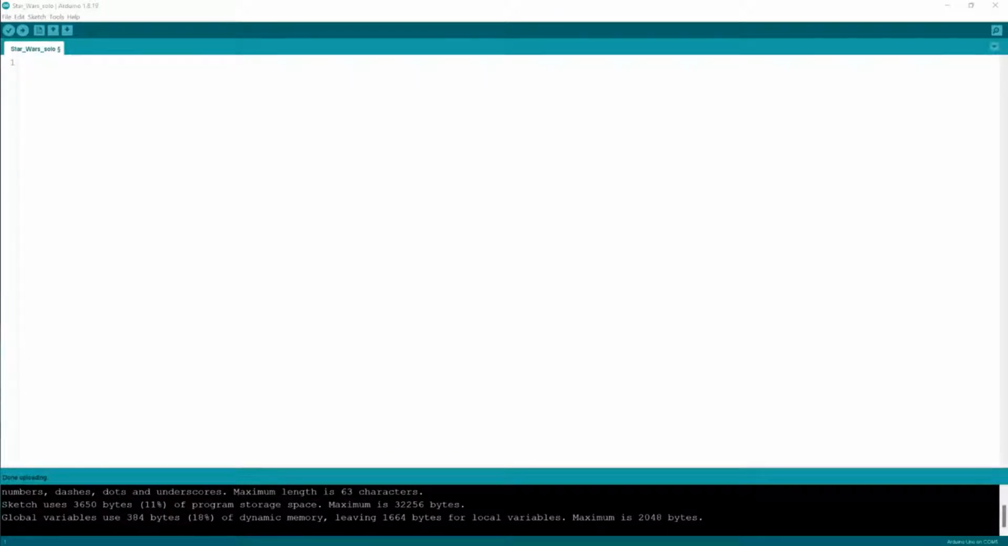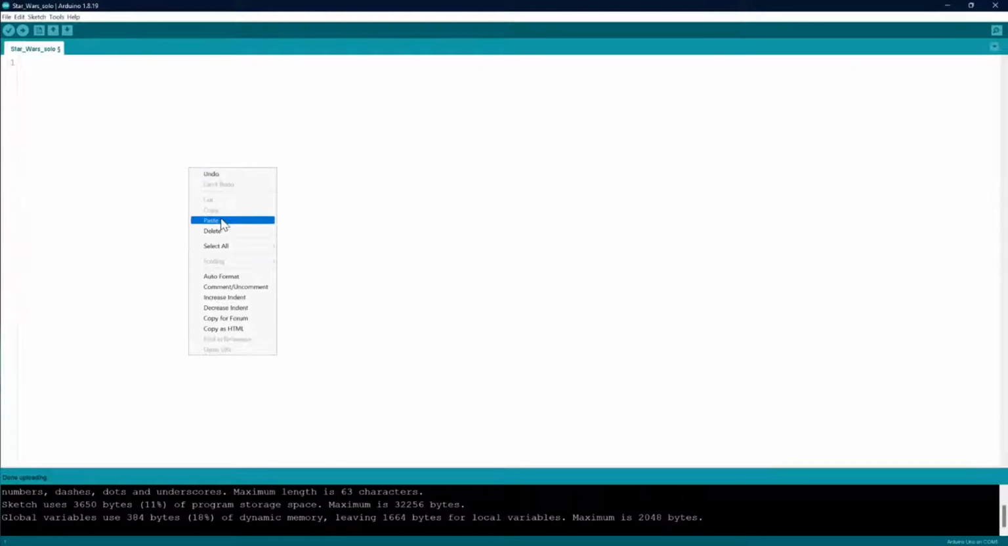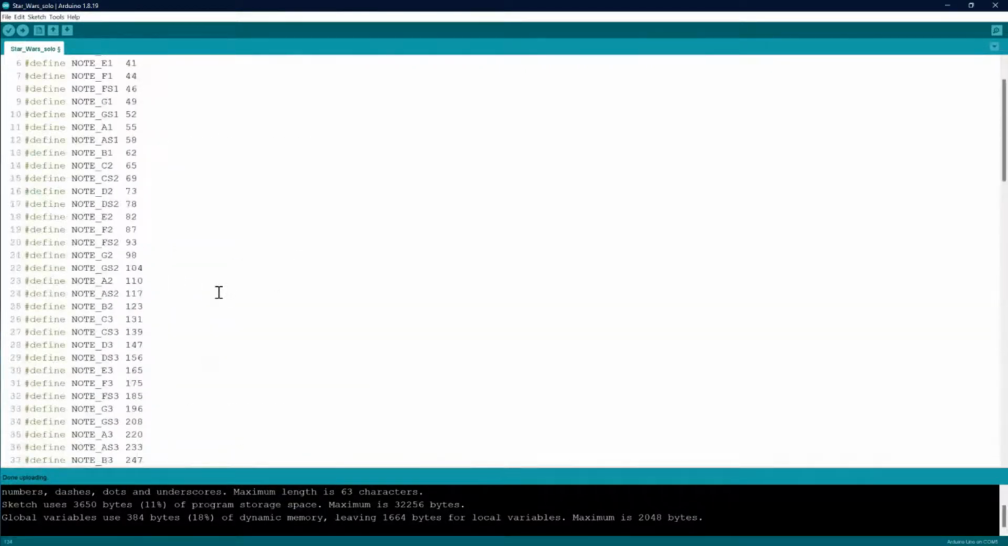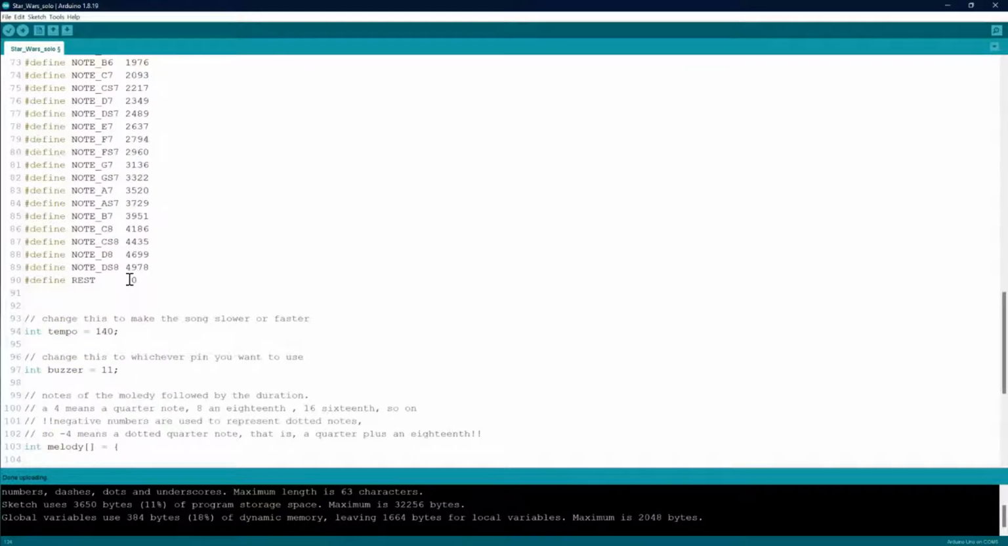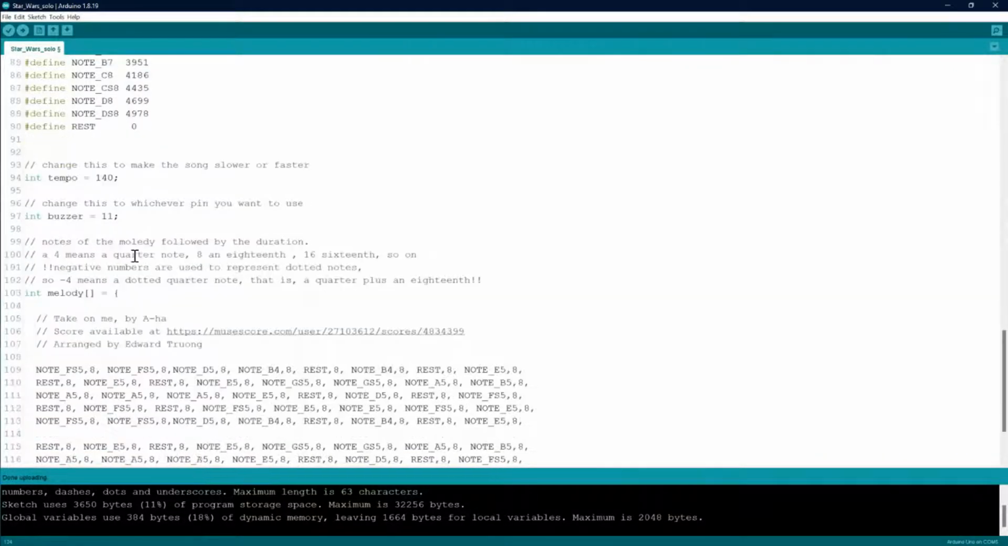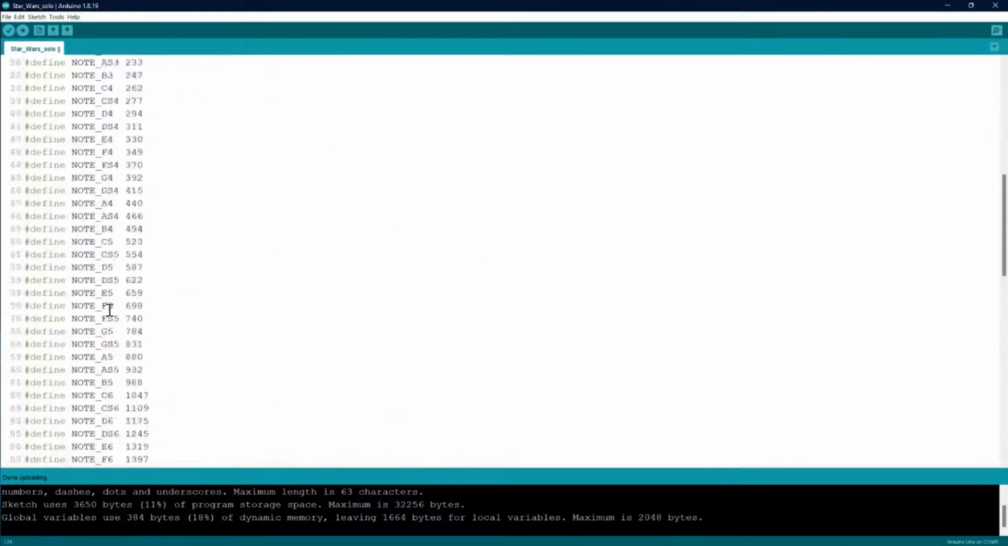So what I'm going to do first is add in, I'm just copying some of this code, not all of it. Paste. So this is going to play. These are our notes. These are going to be the same as what we had on the Star Wars. Tempo is 140. Buzzer is still 11. So if we play this,